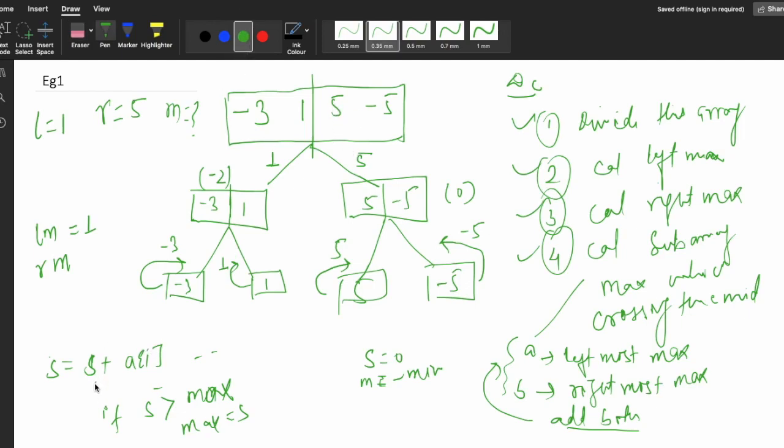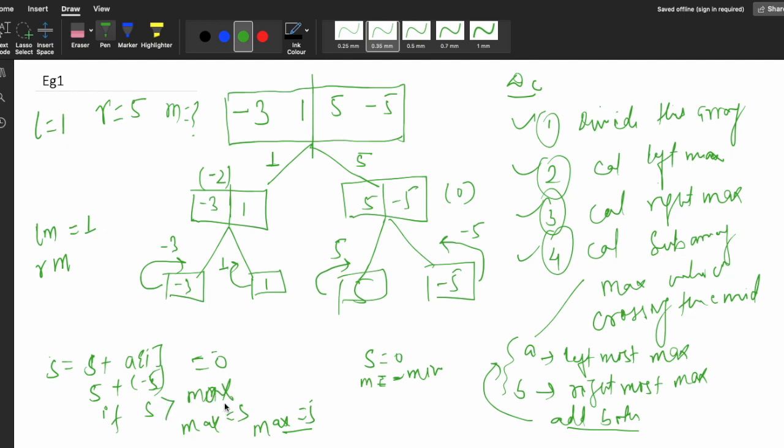So initial value will be 0 plus 5. So you can see here s, 5, is greater than the maximum. Maximum is the lowest value, which is maybe -999 something. So here s is maximum, so my max value will be 5. Now for the second one we have -5. So it will simply add: initial s 5 plus -5, which will become 0.